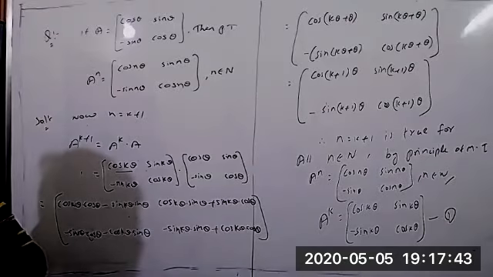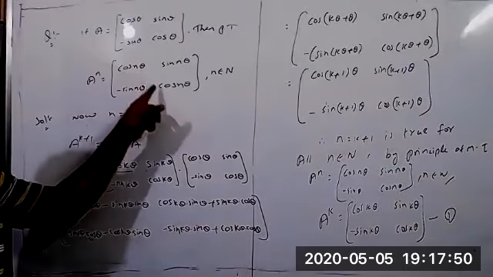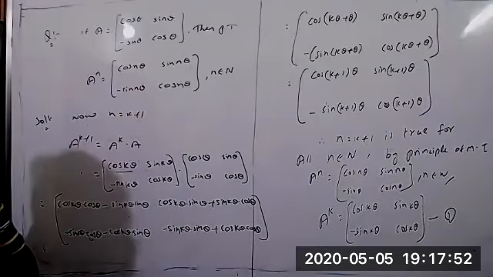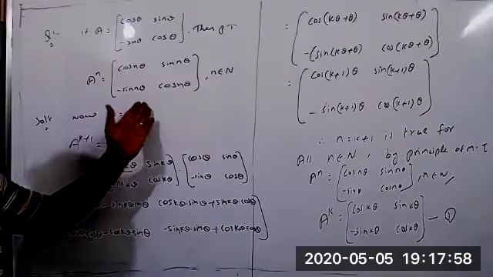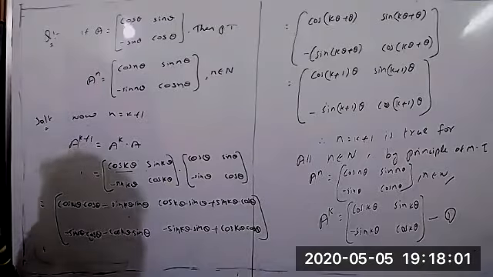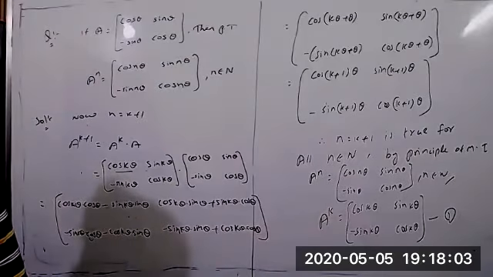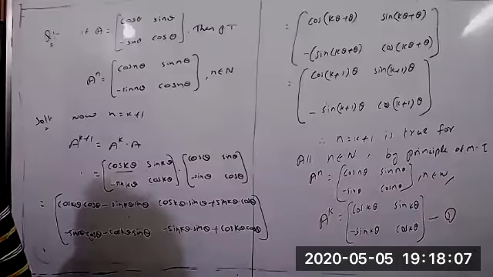But if we take n equal to 1, n equal to k, and n equal to k plus 1 also, compulsorily we have to get the same form. Then only we can say that this is true for n belongs to natural numbers. Otherwise, it's not possible. Okay? Clear now, students? Please respond.